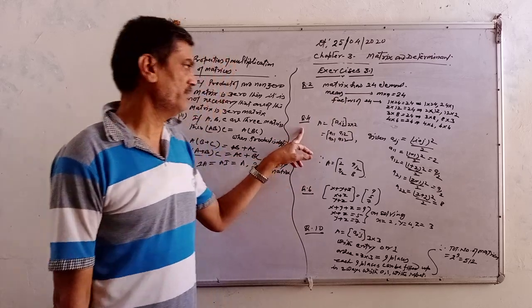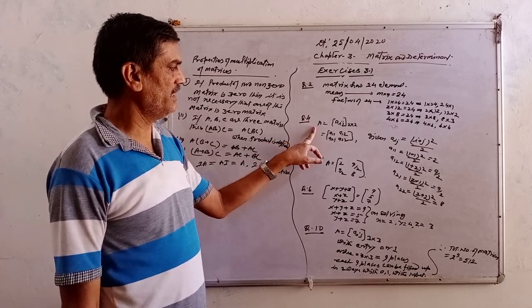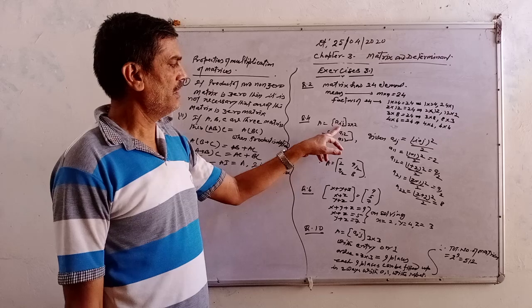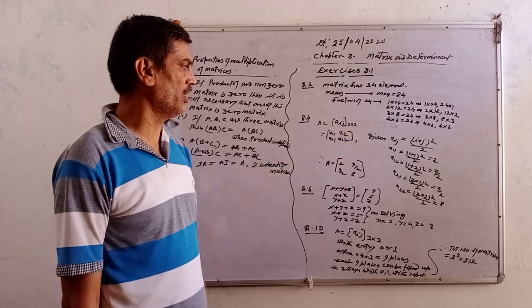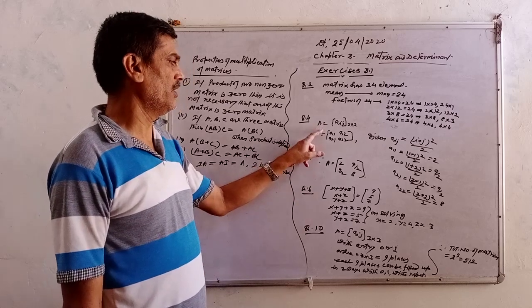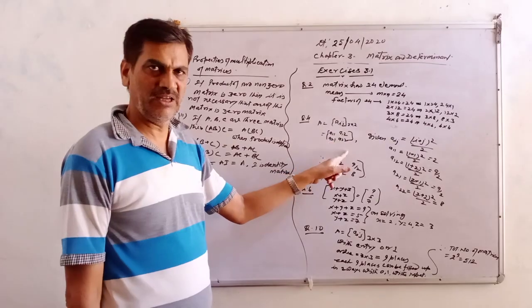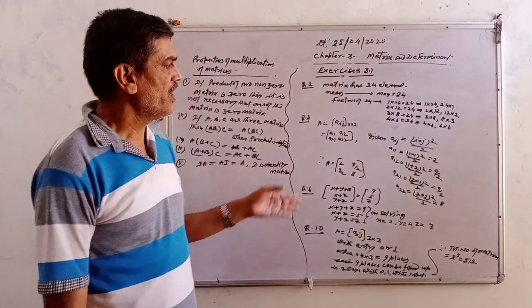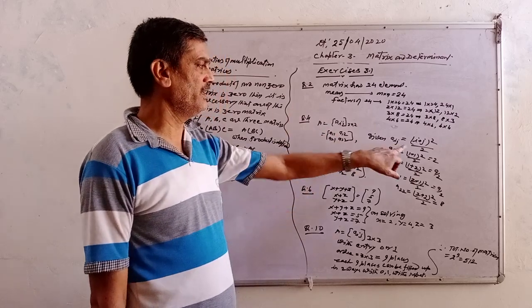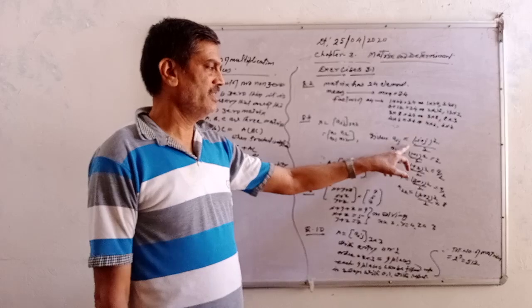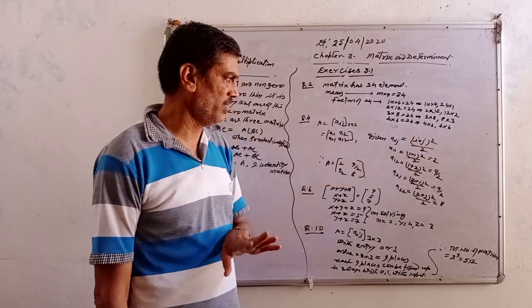Now next question. Next question is question number 4, that a matrix is Aij, ith row, jth column. Construct this matrix of 2 into 2 order. So 2 into 2 order matrix elements you can take as A11, A12, A21 and A22. Okay. Now you will determine the value of these elements by the given relation. The relation is Aij is equal to (i plus j) whole square by 2.